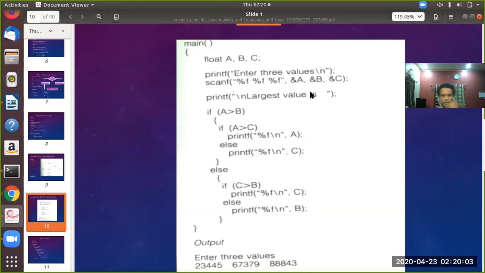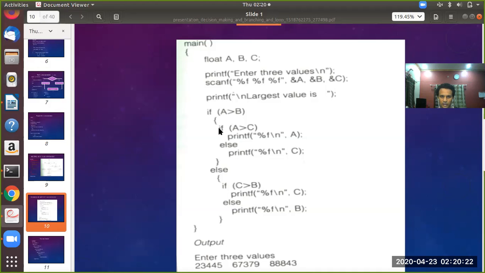The next part of the code finds the largest number out of those. First it compares a and b, then goes inside this if and checks whether a is greater than c. In the first case, it checks if a is greater than b. If a is greater than b, then it also checks whether a is greater than c.